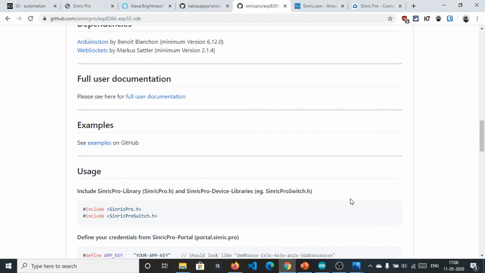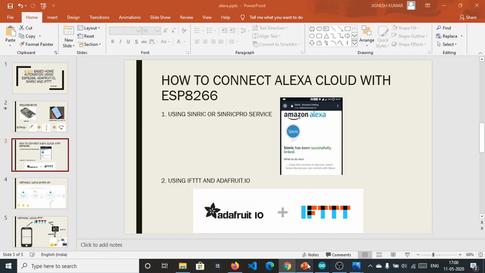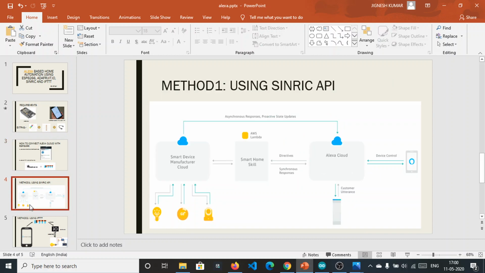So let's start with the sketch, how we are controlling the lights, our smart LEDs. And before that we need to understand the architecture of Synric, how it's communicating with the cloud. So let me jump to this one. Expand it.